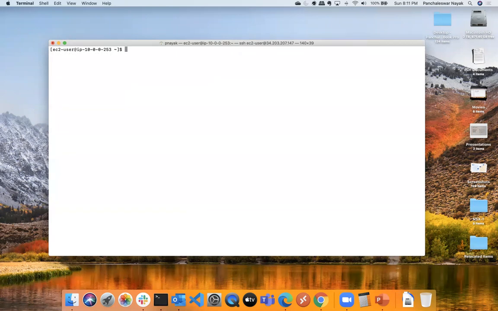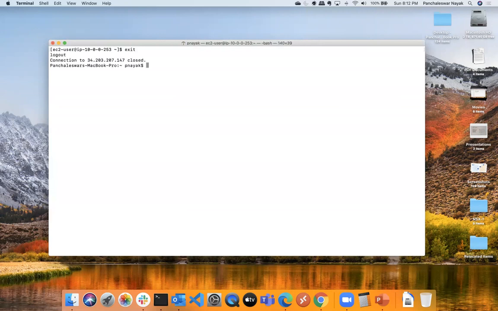Yes. Right. But suppose there are hundreds of different instances. In the Bastion host, if I want to save the PEM file, that is also a security risk. That means you are saving your PEM file in a public instance, which is publicly available. That is a security risk. I don't want to do that. That's why what you do is